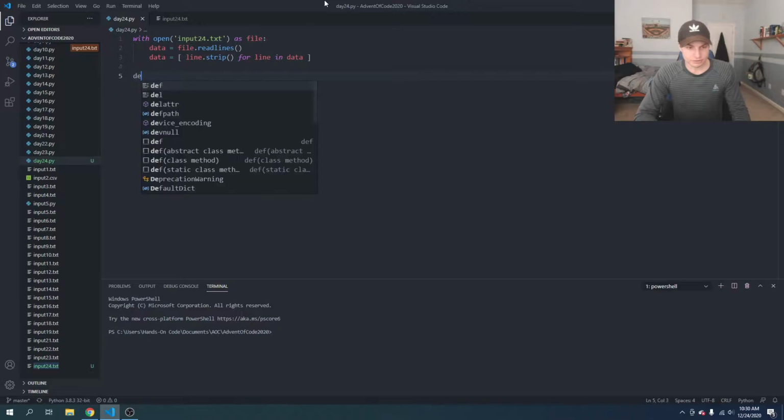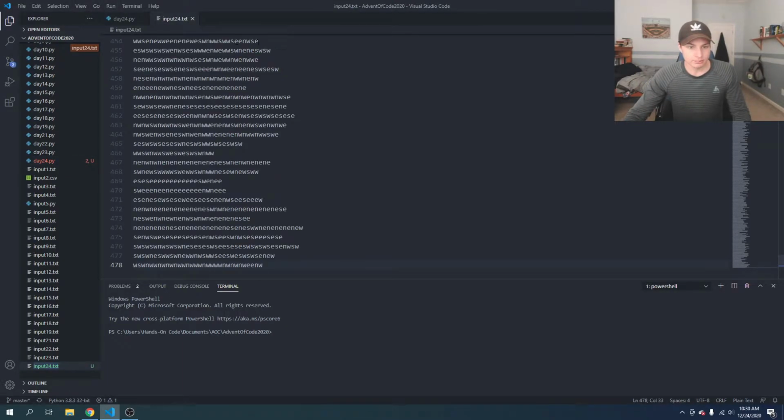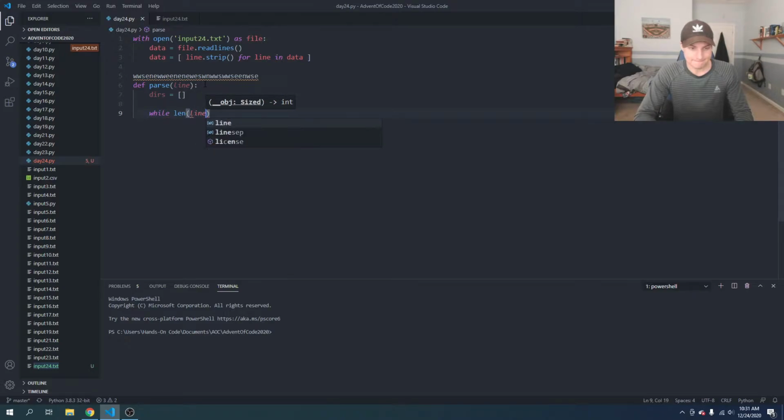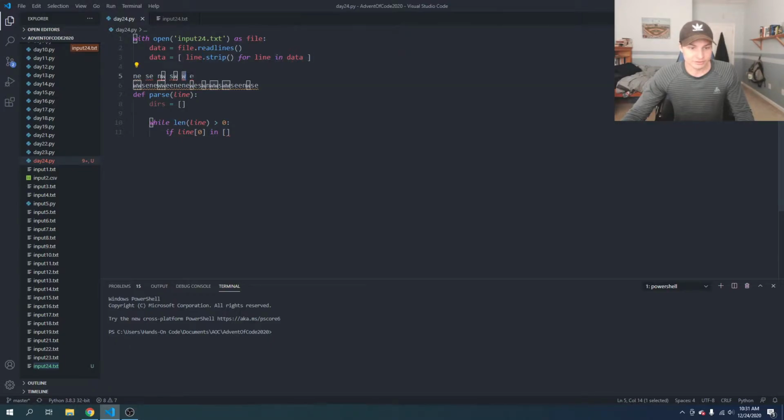So we are going to write a function called parse. And here, I'm just going to copy this random line, and we are going to have to parse out this line. So parse, and we will take a line, and we're going to create a list called dirs. While length of line is greater than 0, if line[0] is in, because basically we're going to have either northeast, southeast, northwest, southwest, west, or east. So if it's west or east,